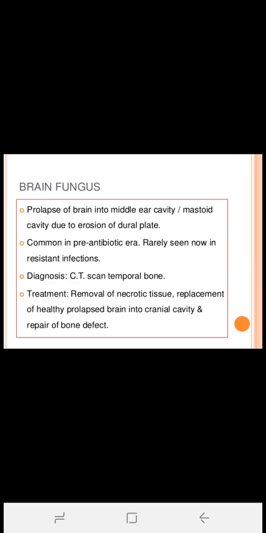Brain fungus. Prolapse of the brain into the middle ear cavity or the mastoid due to erosion of the dural plate. It was common in the pre-antibiotic era, rarely seen now except in resistant infections. Diagnosis is by CT scan of the temporal bone. Treatment is removal of the necrotic tissue and replacement of the healthy prolapsed brain into the cranial cavity and repair